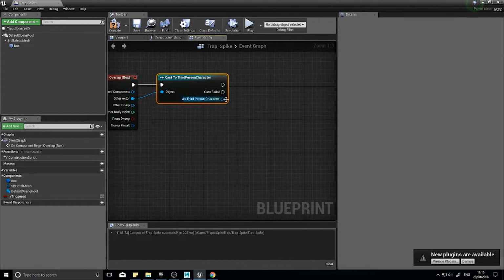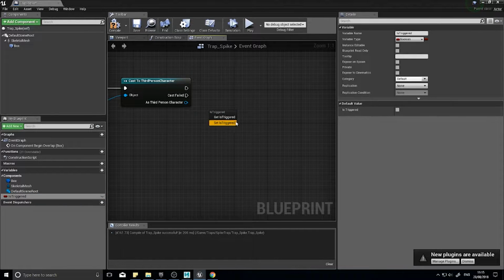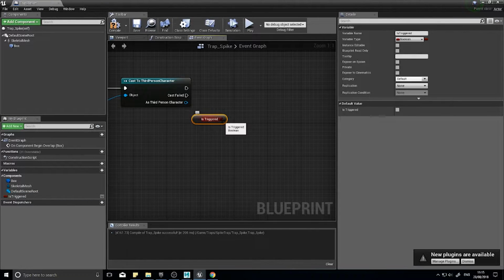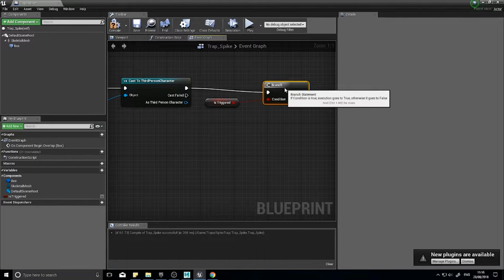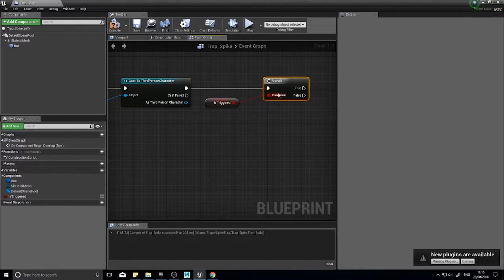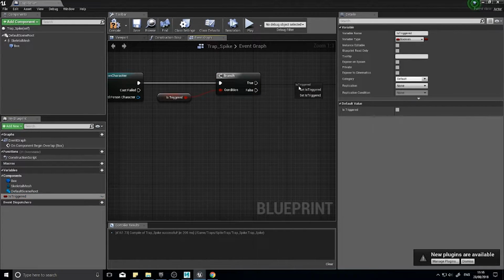Okay. From here, we're going to get is triggered. And then we're going to do a branch and hook up the is triggered to the branch. So is triggered will be either true or false, and the branch will change based on whatever you set. So if triggered is false, we want to set the triggered to true. So triggered set